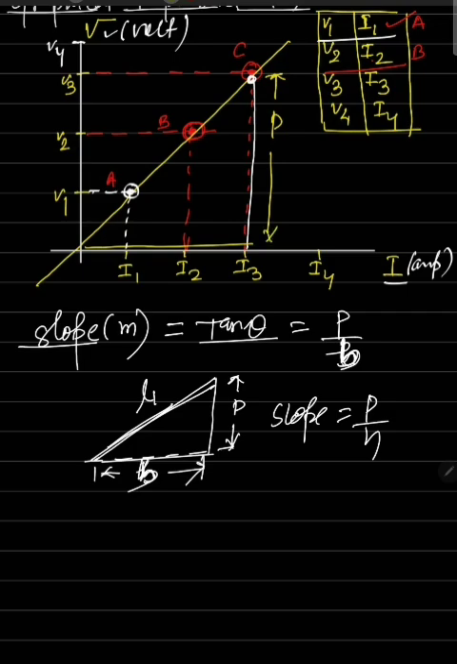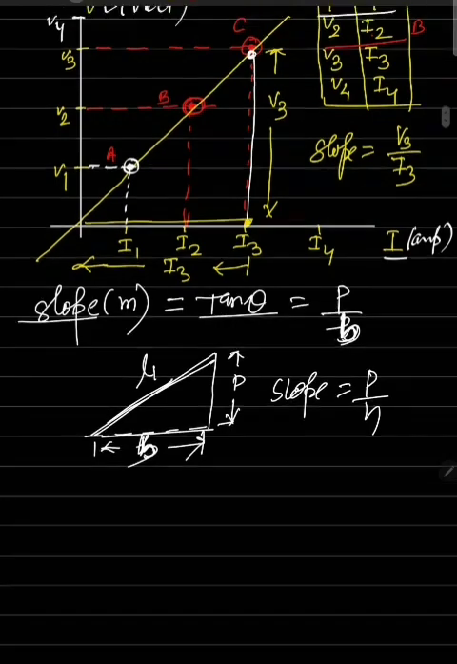Okay, and what is the value of P? I am not writing P here, I am writing the value. What is the value of P? This one is V3. Okay, and what is the value of this base? This base value is I3, because it is going up to I3. So suppose I find slope, so slope is equal to V3 by I3,